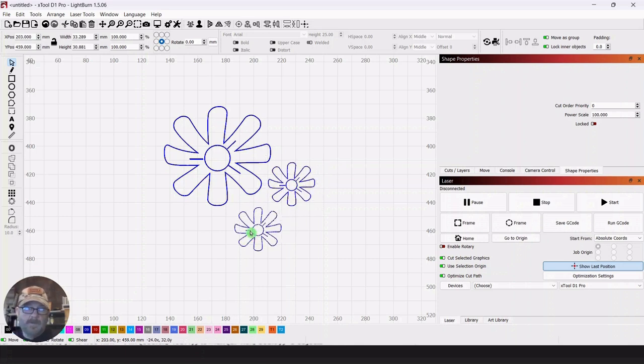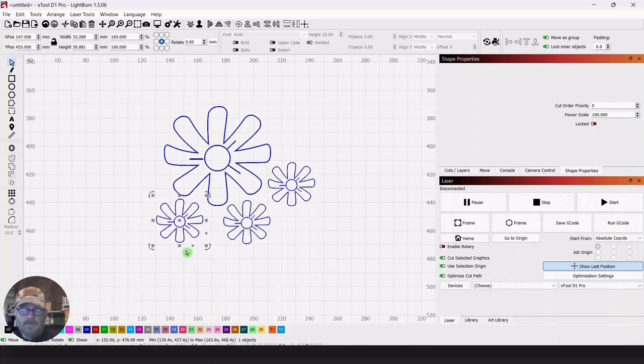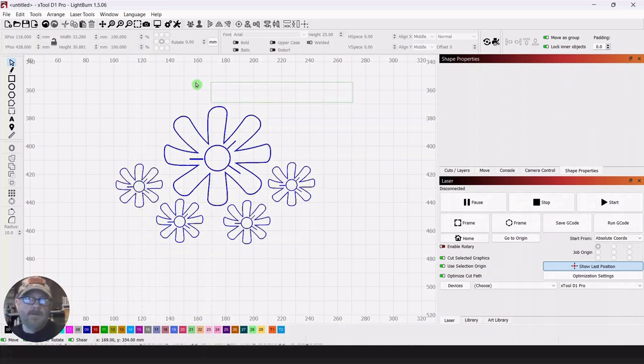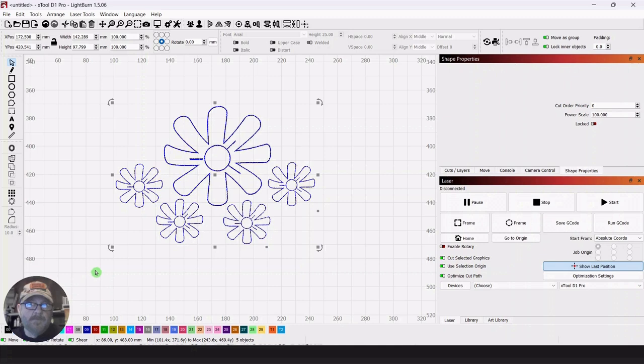So duplicate again, and like in my practice run, there will be 4 of these. And that looks pretty good. So now we will group all of this together. And then we'll make a backdrop for it. So with it all grouped together,